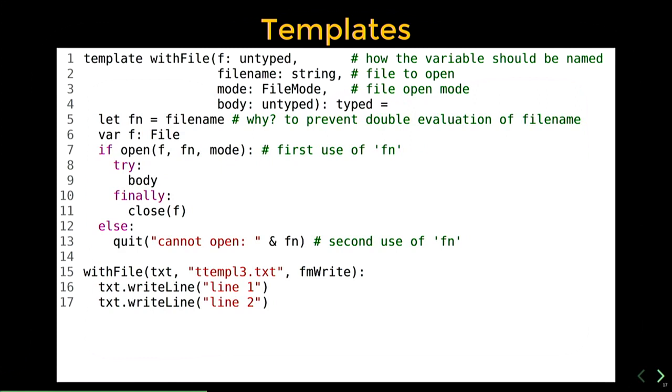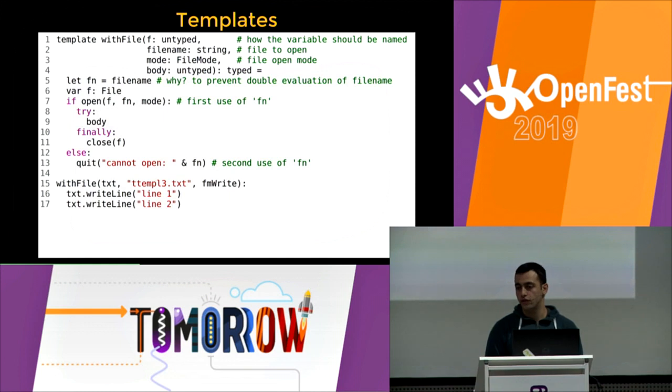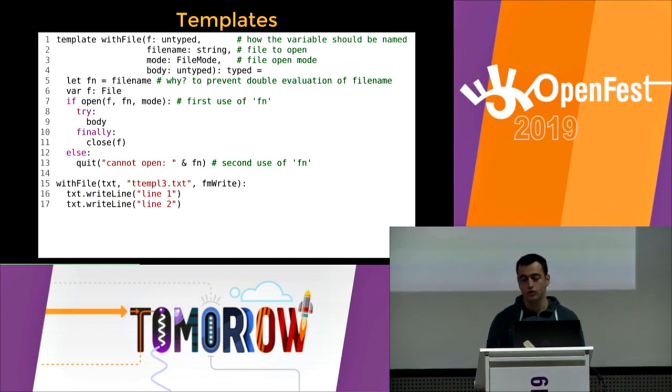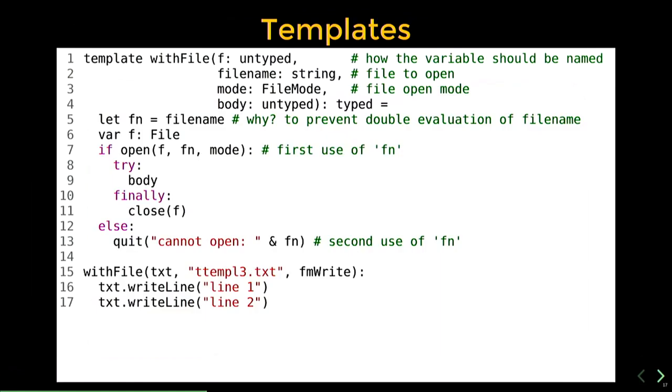Here, we cache the file name into a local fn variable. And the reason for that is because this template, wherever we use it, is actually not a function call. So if we have passed a function which generates the string for the name of the file, and if we use that thing inside of the template in more than one place, we'll actually end up calling that function more than once. So that's why here we have to cache the file name once at the beginning of the template,